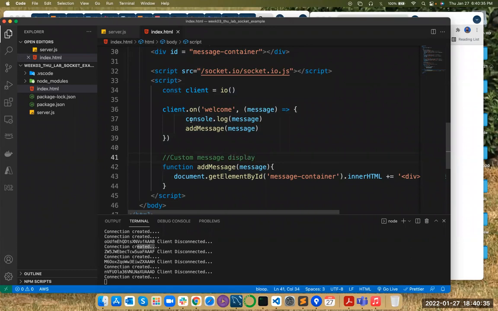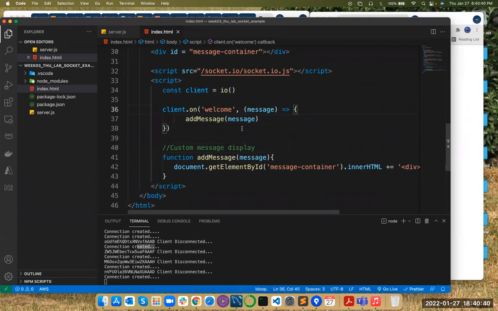Okay, now you can use this. I can comment this one out if I don't want to display it, right? So whenever you get the welcome message, you will display it, right? So now what I want to do,